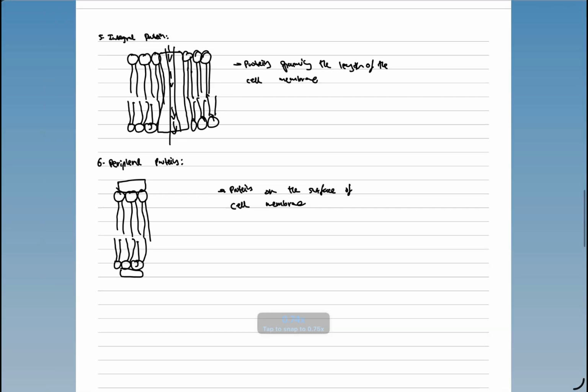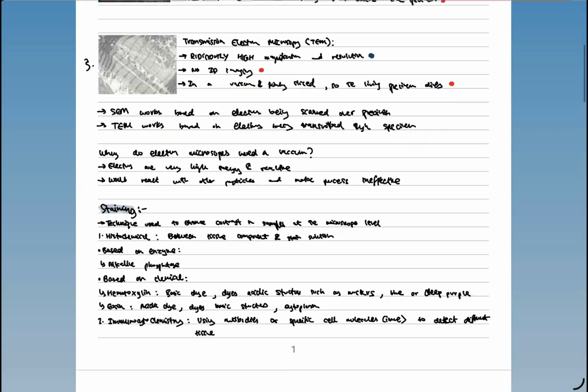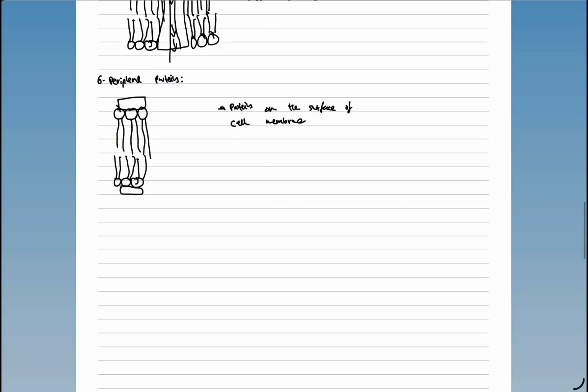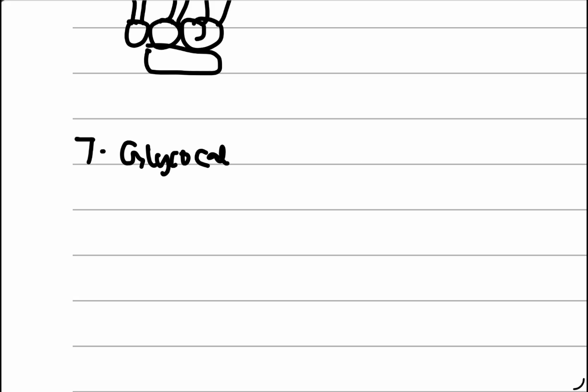Alright, so that's that. Now we have one more component to go through, and then we're going to go over the fluid mosaic model, and then we're pretty much done for this video. The last component to know is, this is really a subcomponent, but it's good to know. Well, it's a kind of carb, so we already spoke about carbs before, but we're going to just refer to it again. It's called a glycocalyx, and these are